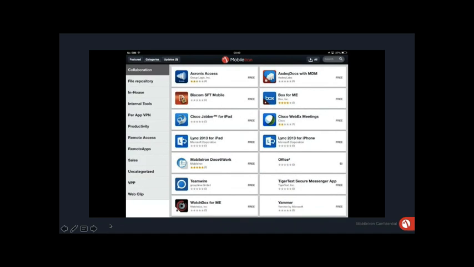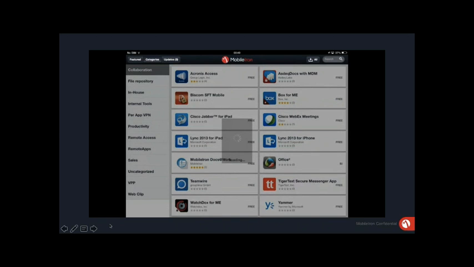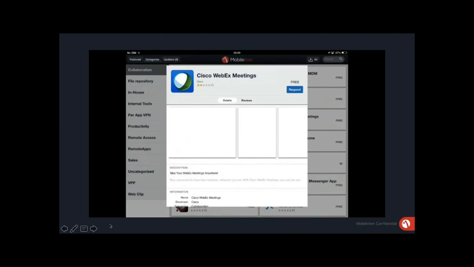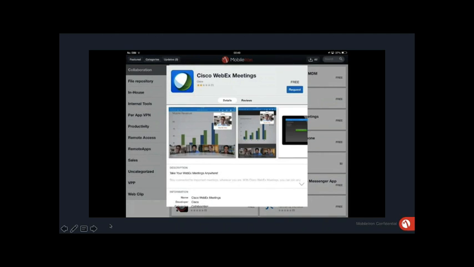So what I'm going to do is make sure that I can use the Cisco WebEx, so I can hold sales meetings and such, talk to my peers, and exchange information and whiteboard and so on. So I'm going to select the Cisco WebEx meeting. That's going to start the registration process. As you can see, you get a window typical of what you see in the App Store.